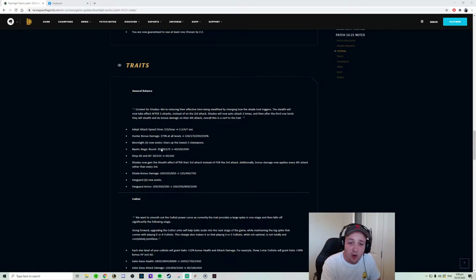Moonlight 5 now exists. It stars up the lowest 2 champions. Again, as we'll see with some of the champion changes, I think Moonlight's completely took a dive. They've gutted it. Moving on very quickly, Mystic Magic Resist, 35 to 40 at rank 1, 95 to 100 at